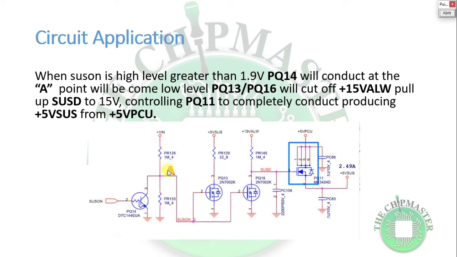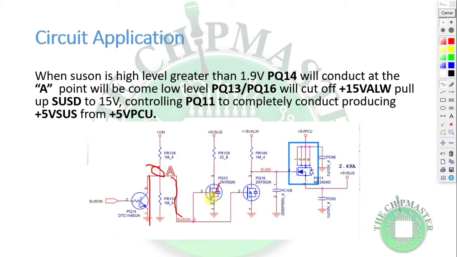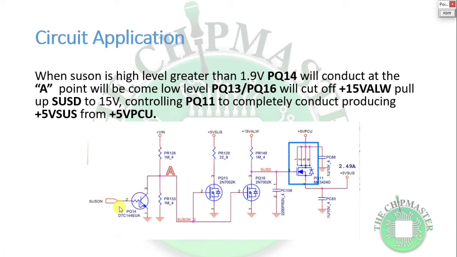So if you notice the A point here, PQ14 will conduct at the A point, right, and it will become low. As you can see, this is low, the A point. When this transistor conducts, the ground here will conduct, so here will be 0 volts because it's grounded, and at the same time it's going to cut off this MOSFET because this is an N channel MOSFET. As you can see, right, this is an N channel MOSFET. The arrow is pointing inside,